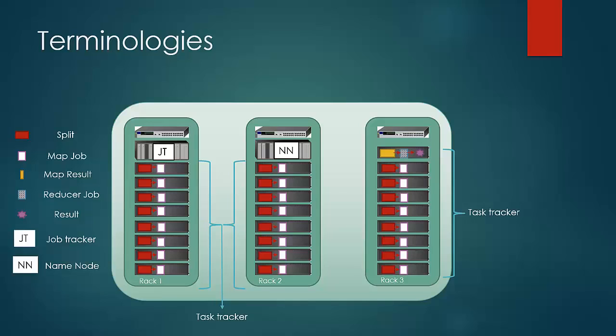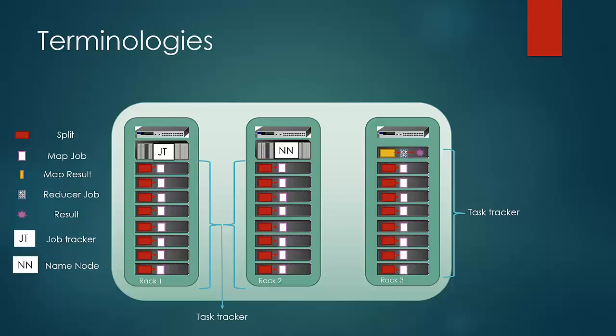Again, I want you to imagine job tracker and task trackers as Java jobs that are running on the machines, and they are not the hardware. One more parallel between HDFS and MapReduce is that, like the name node's failure is a more serious one in HDFS, likewise in the MapReduce world the job tracker's failure is the more serious one, as all the jobs in progress and task tracker status will be lost. That is why it is wiser to spend more on the hardware that runs job tracker.